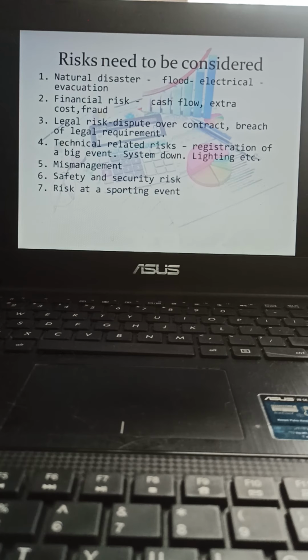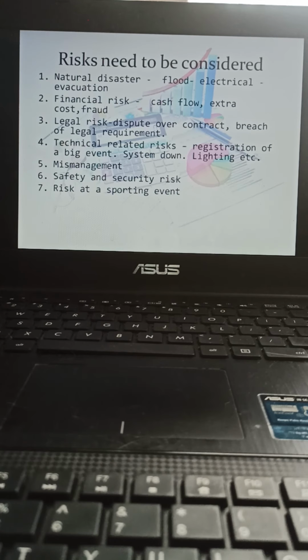Financial risk: cash flow, extra cost, any fraud, people taking money, any extra cost that you didn't anticipate. Legal risks, for this one it's basically under law, but for you maybe the management is probably going to say no, we can't have this event. So that's the biggest risk that you have. If you don't have this event, we don't know what is going to happen. I don't know how to assess you.